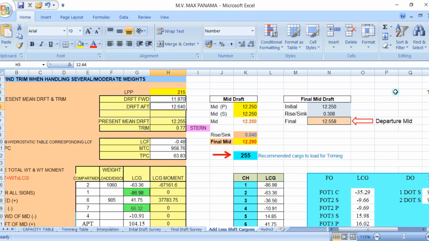So we put aft draft 12.64. Okay. And the problem says